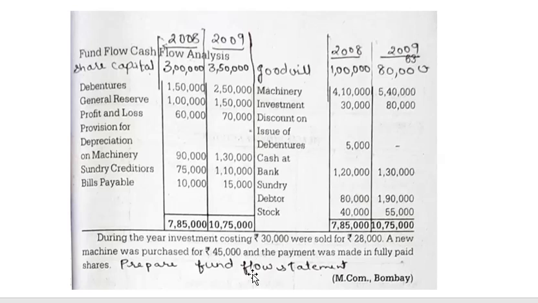When an adjustment is given in the problem, you have to open an account of that particular asset. Okay, so that comes as a working note. While explaining the working note, I will explain how to enter this adjustment in the account. Now let us move to the solution.